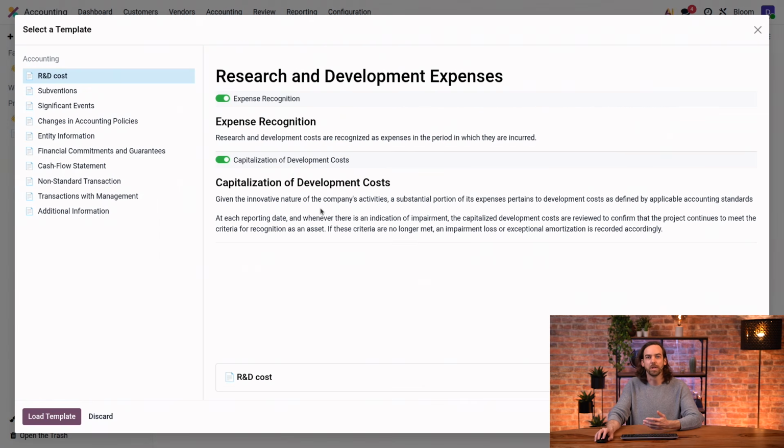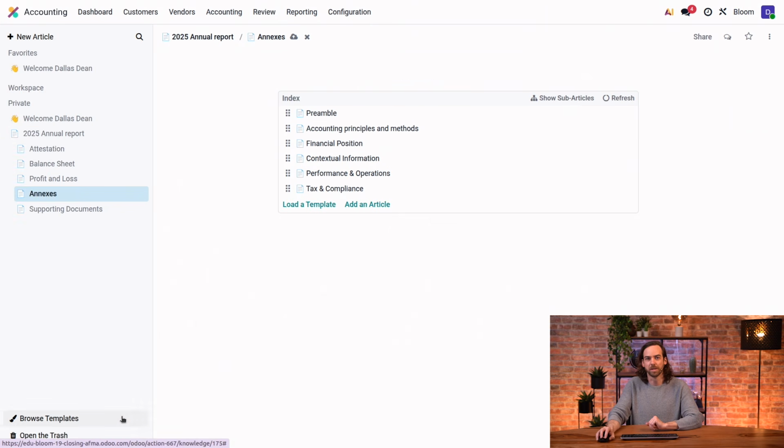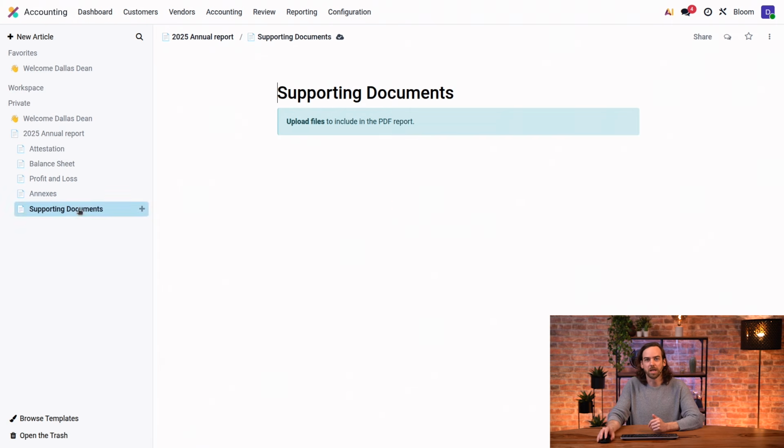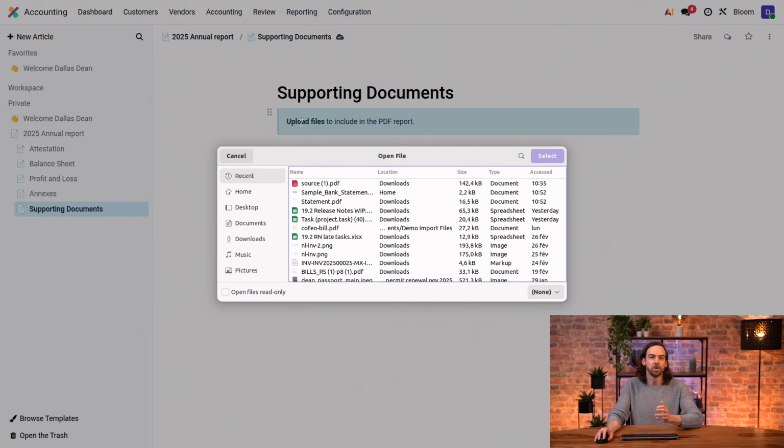If you click Load a Template, we'll find a list of extra templates that are not included by default in the report, but can be added if necessary. We won't add any in our case, so we'll just discard. And alternatively, by clicking on Add an Article, we can add an additional blank article to complete with whatever information we need. If I click on supporting documents, we can add all the PDFs that we want to be included